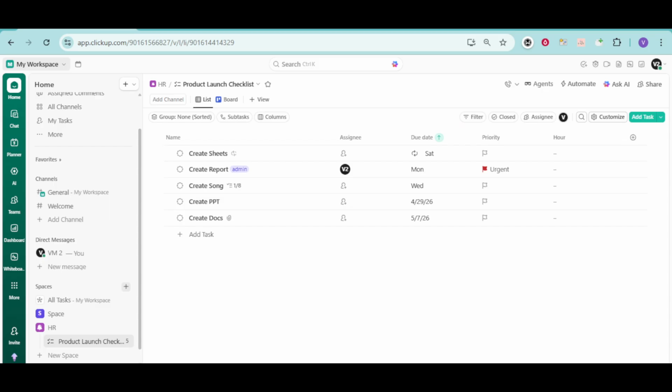That's all there is to it. You've seen how to move into list or table view, find the plus icon at the far right of your columns, click it, and name your new custom field so it's meaningful and easy to use. With just these actions, you can start shaping ClickUp to match the way you actually work and make your tasks